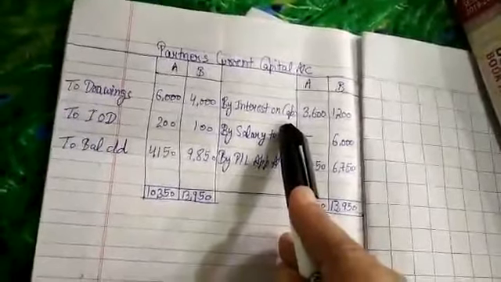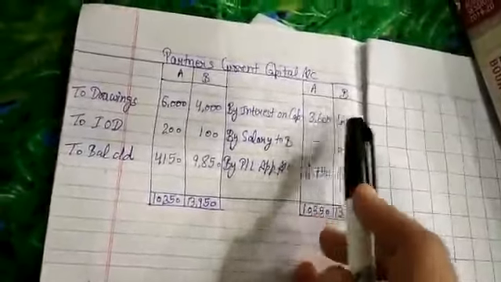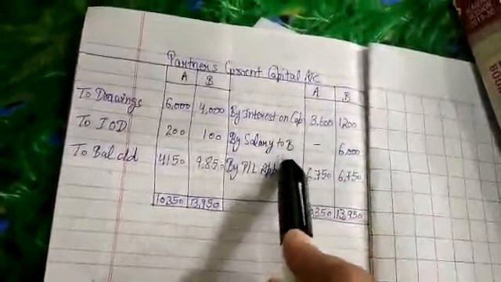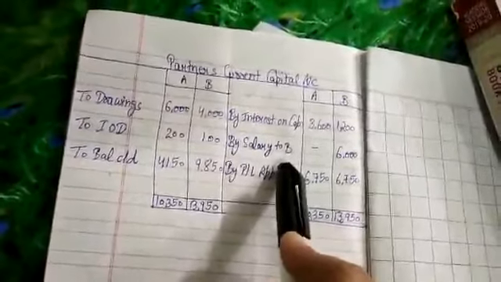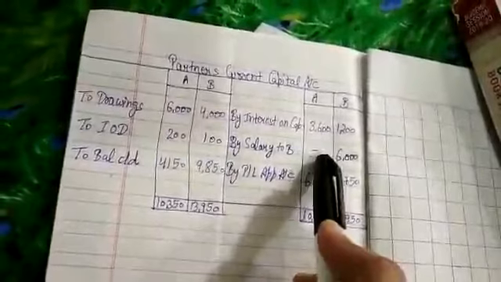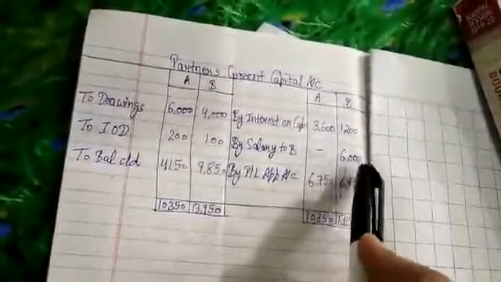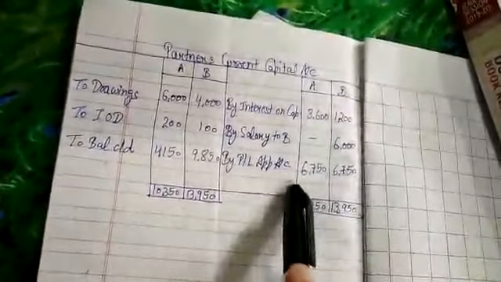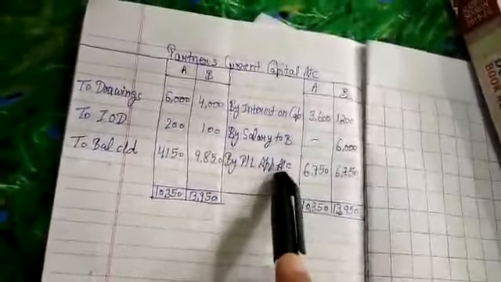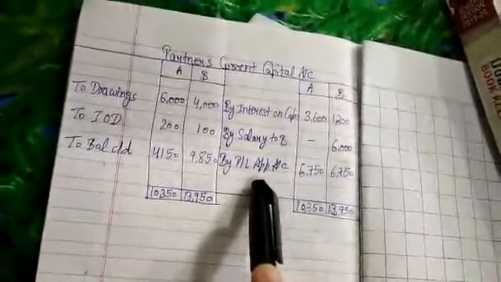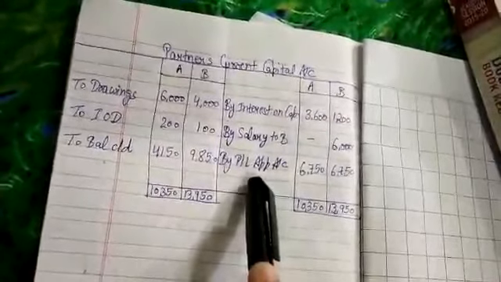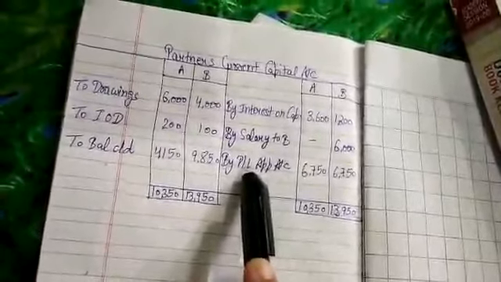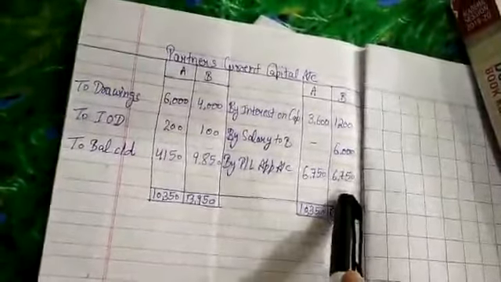First of all we'll do interest on capital. We have calculated the interest on capital, 3,600 and 1,200, right? Next is salary to B. We have to give salary only to B. So no salary is to be given to A, and salary for B is rupees 6,000, right? Now we have to show any profit. If there is any profit, yes, this is distributable profit. We have calculated this profit in the profit and loss appropriation account. So we will write this profit because this is an income for the partners. This will also appear on the credit side, right?